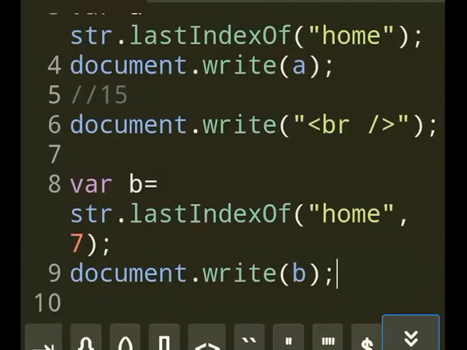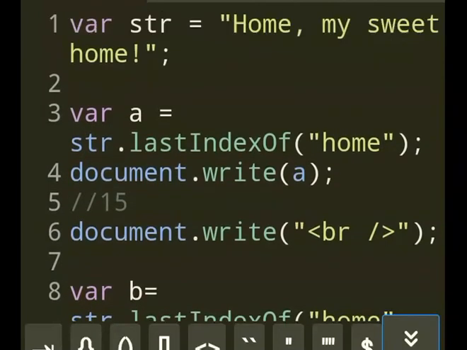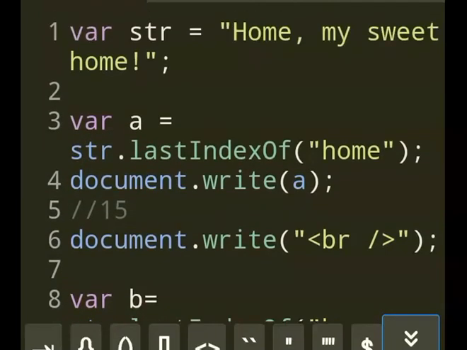Okay, so how do you do this? Before I see the result, let me explain. I have a second parameter 7. So the rule for this is first count until 7 from the beginning, starting from 0. So I have 0, 1, 2, 3, then comma 4, space 5, 6, 7. So y is the 7th position.